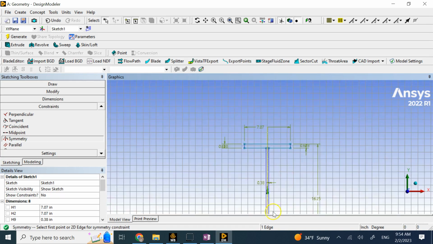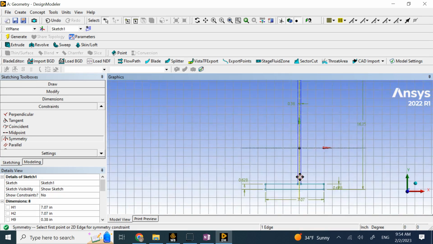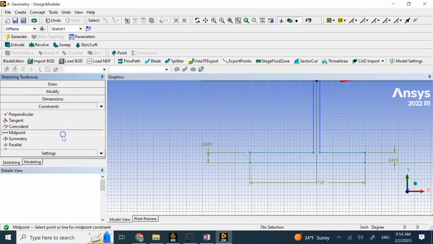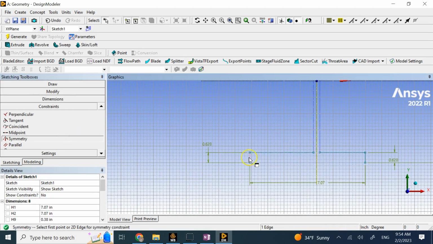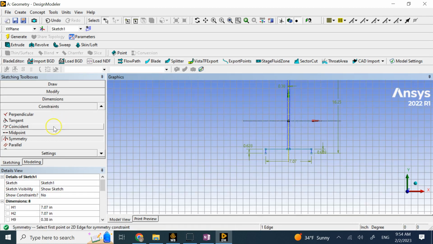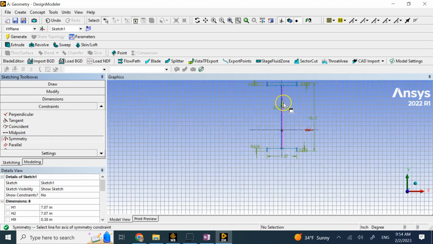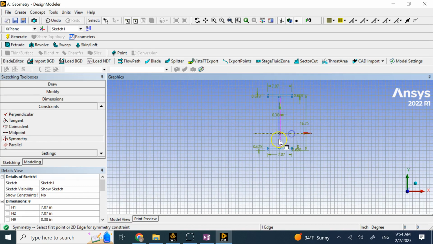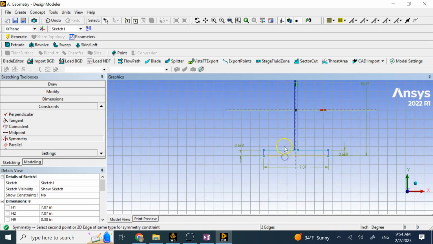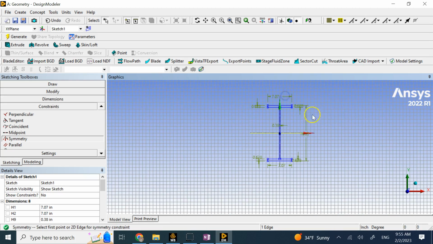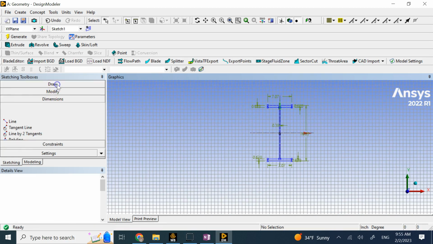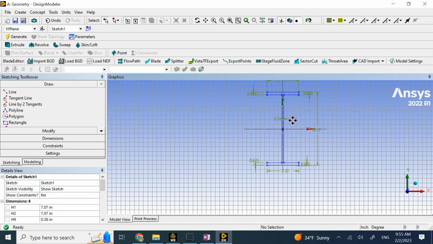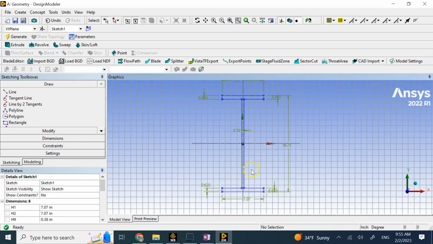There we go, right? And then I go to the bottom portion and repeat it for the two sides of the web. So again, select this one, select this one, right? And then I can repeat that for the y-axis, or the x-axis, I'm sorry. So here I select this axis, and then come down, and then choose this, then choose that one. And now if you look at your sketch, it's completely blue color. There is nothing that is bright blue, it's all navy blue, it's all dark blue, and that means the